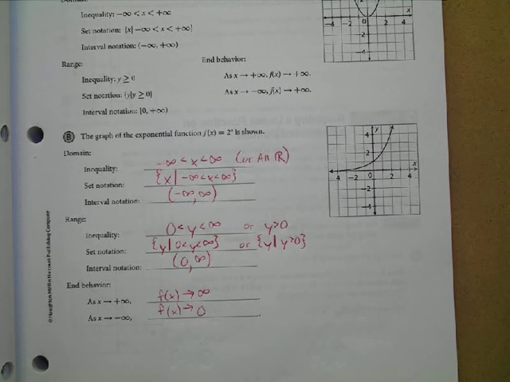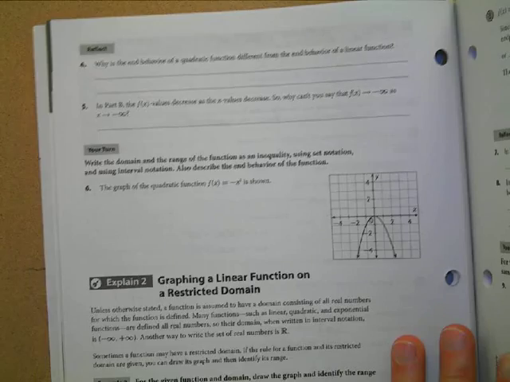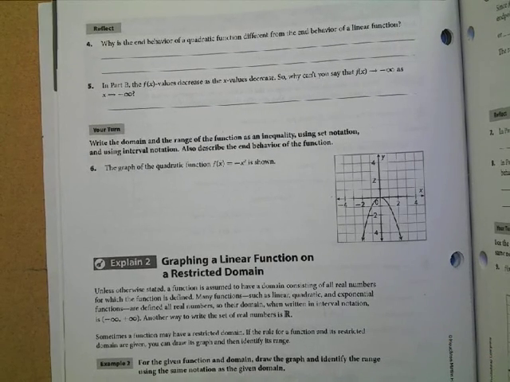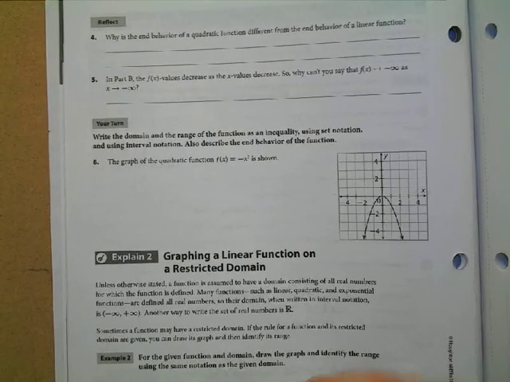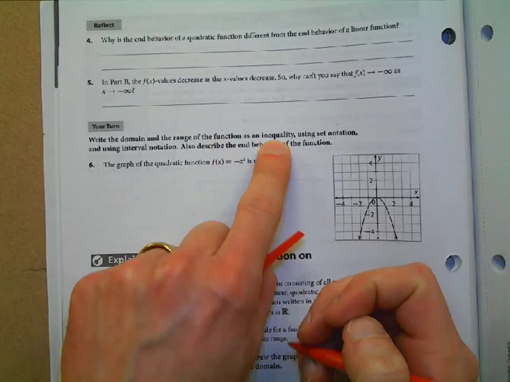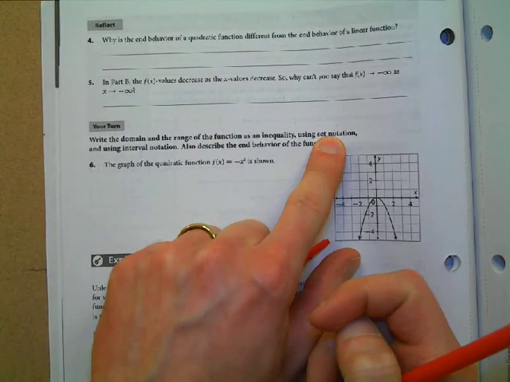All right. So I would like you all to try number 6 on the next page, please. If you read the directions here, it's got several things going on. It wants you to write the domain and the range of the function as an inequality using set notation and using interval notation, and describe the end behavior of the function. So here, I'll get you guys set up. So again, for the domain,